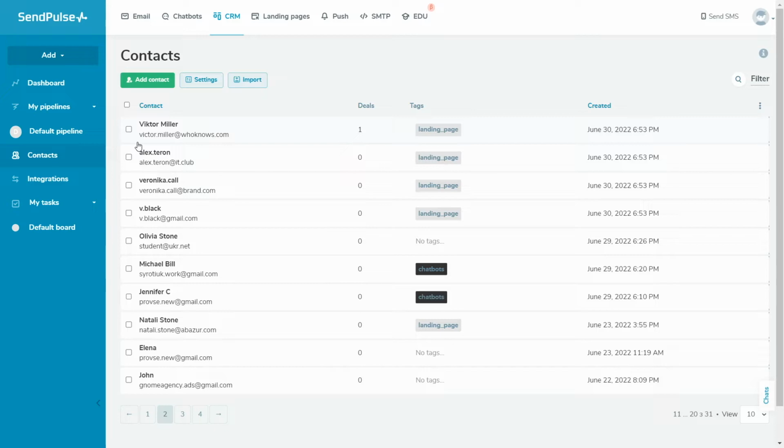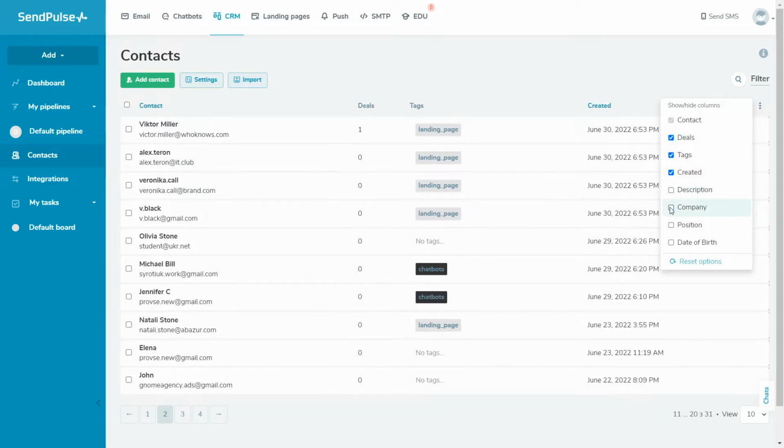The Contacts section displays all the contacts that you created manually, added when creating a deal, as well as those that were added with the automatic source of the deal. On the page, you'll see the name of the contact, their contact details, the number of deals to which the contact has been linked, tags, and contact fields. To show or hide contact fields, click on the three dots and mark the fields.